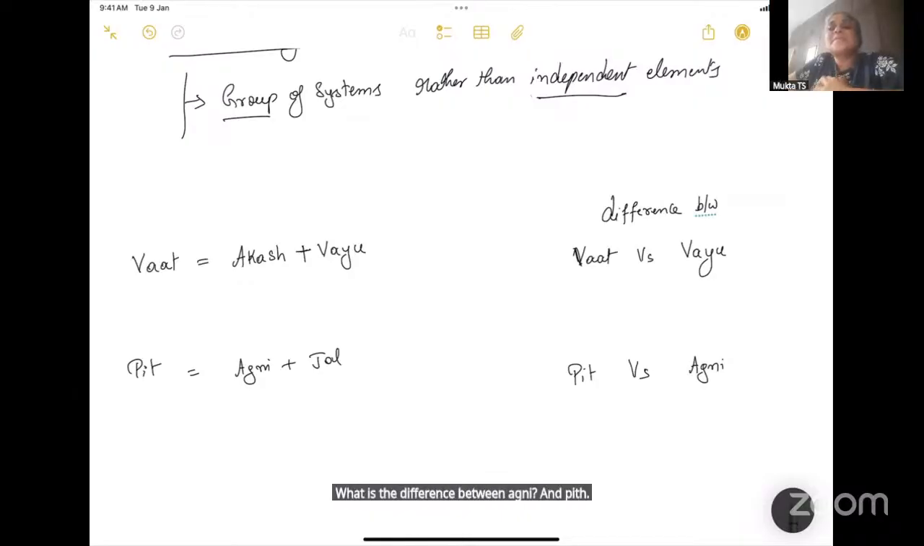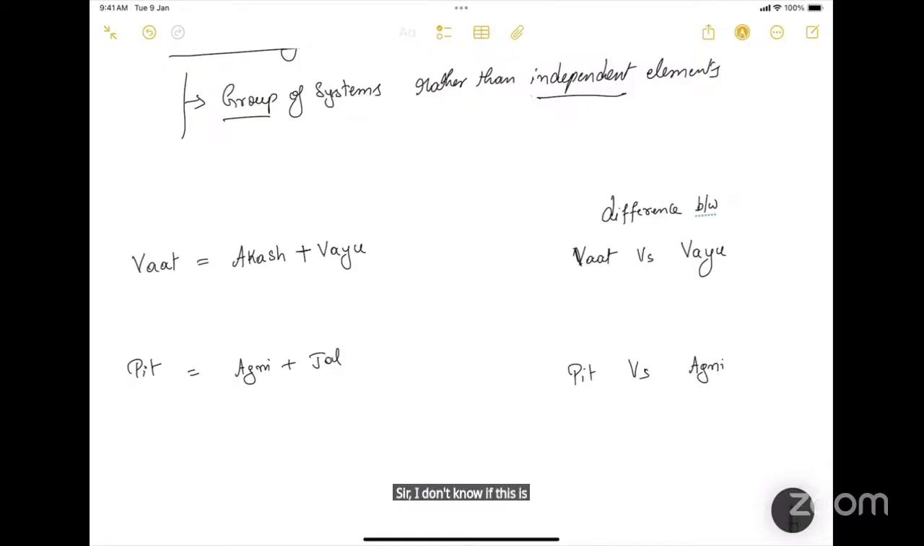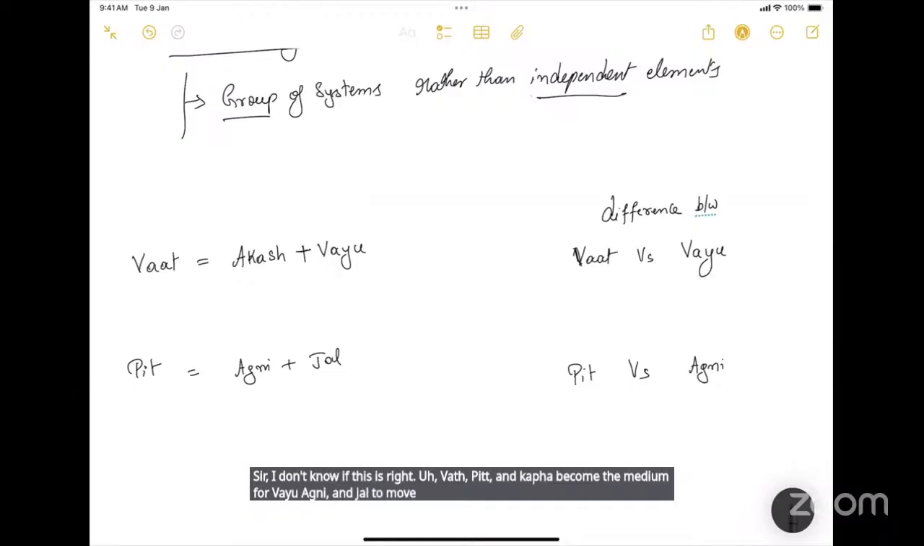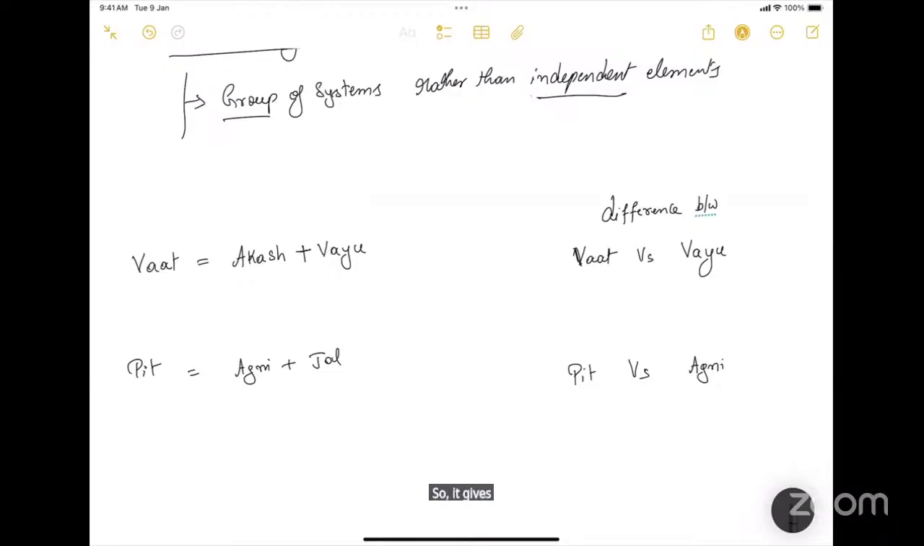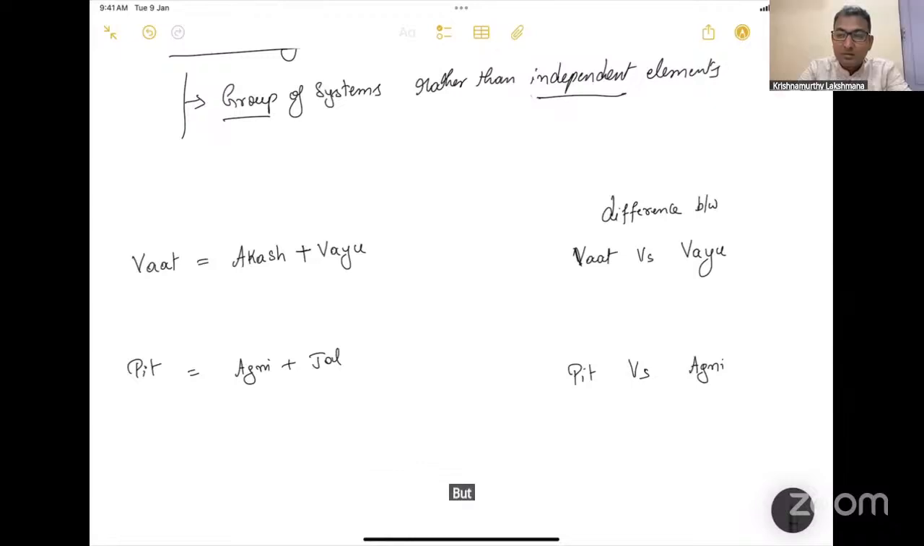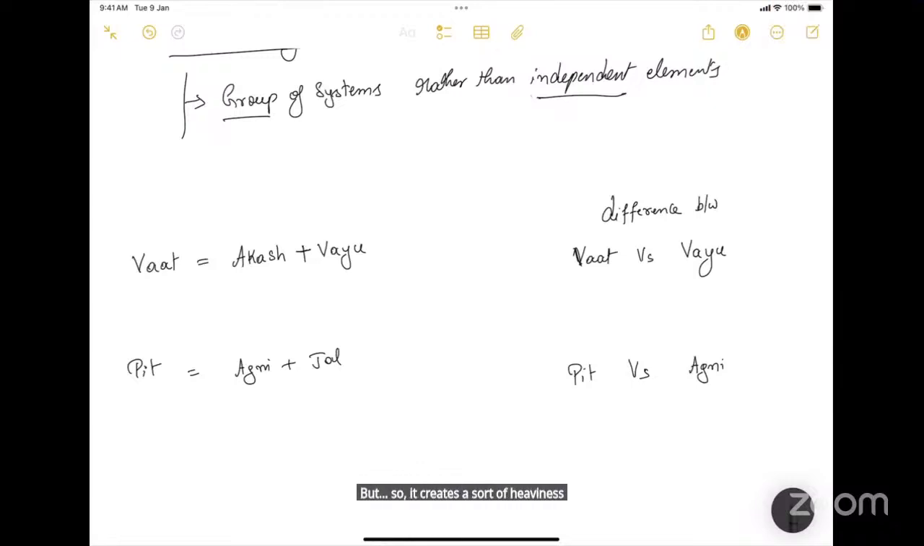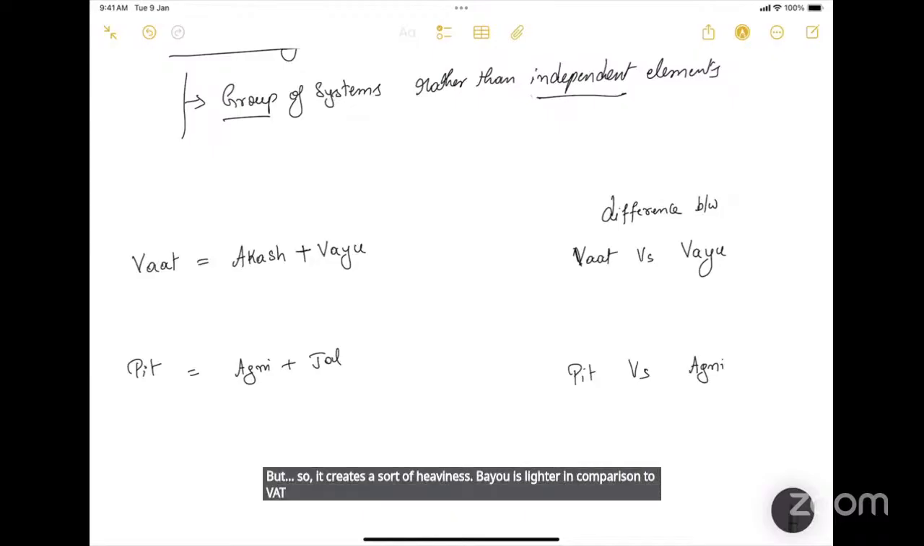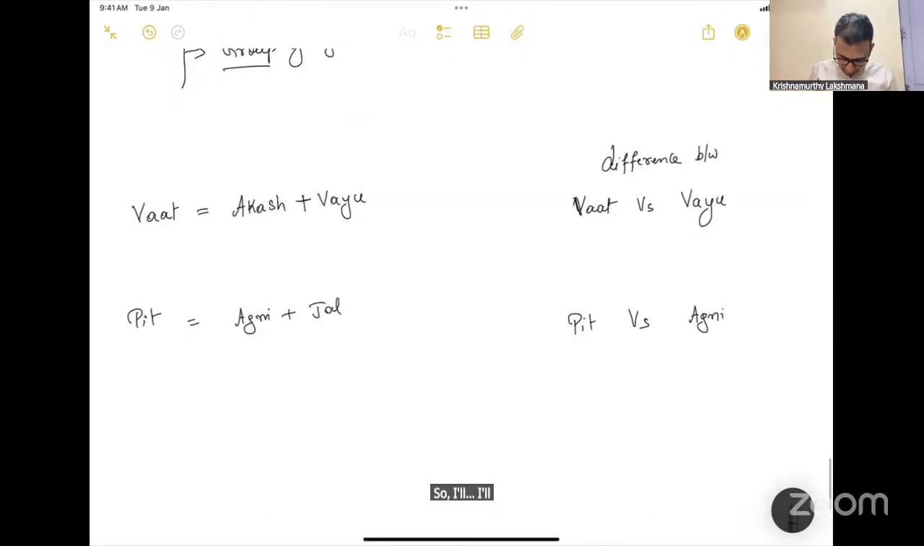Vat, Pit, and Kapha become the medium for Vayu, Agni, and Jal to move about. So it gives a structural dimension for Vayu to move around, Vat. So it creates a sort of heaviness. Vayu is lighter in comparison to Vat, because of which Vayu can flow easier. When there is Vat, so I'll write: